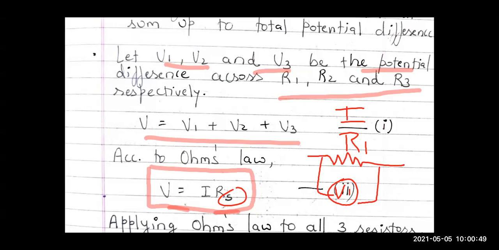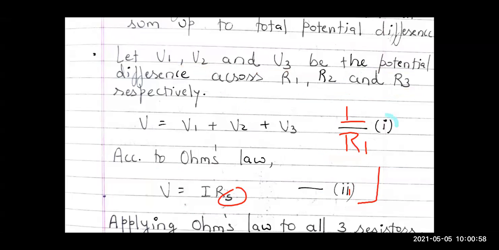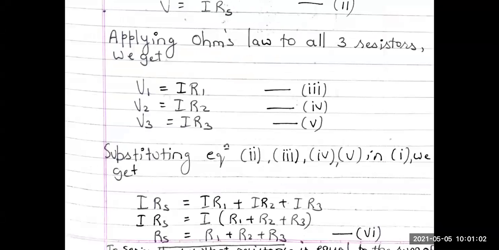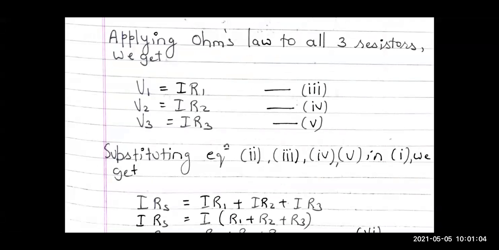So Ohm's law, if we want to write for this, how will we write? V1 equals IR1, right? So applying Ohm's law for the first resistance, that is R1, V1 equals IR1. Similarly, we apply Ohm's law for the second resistor. The second resistor was R2, current was I only, and the potential difference was V2. So we will have the equation V2 equals IR2, right?